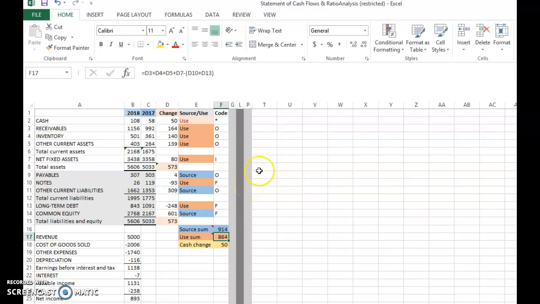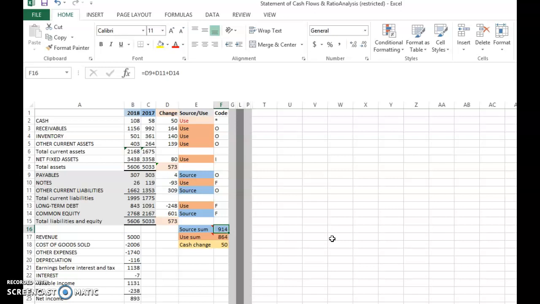Now the next step would be to compute the total of the sources of cash. That means 4 here plus 309 plus 601, because there's no source here, these are all uses. You just add these three, they are all the same sign, it just happens to be the same sign, therefore you can add them, ignore the sign. These are sources, and you get the sum of the source to be $914